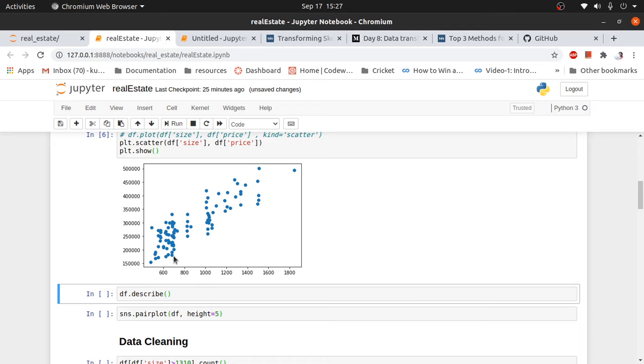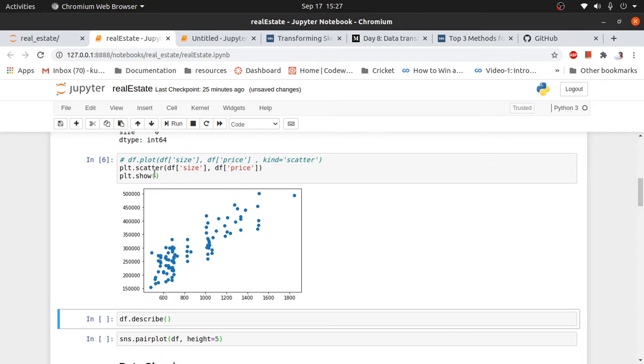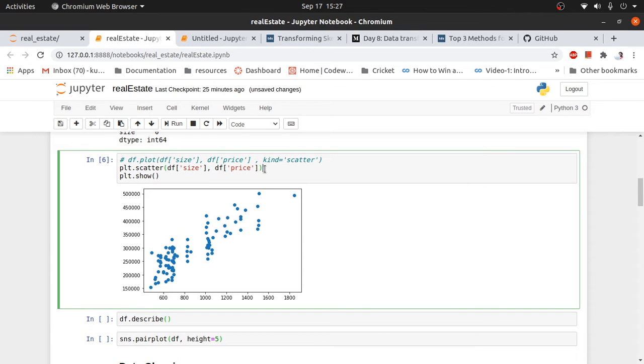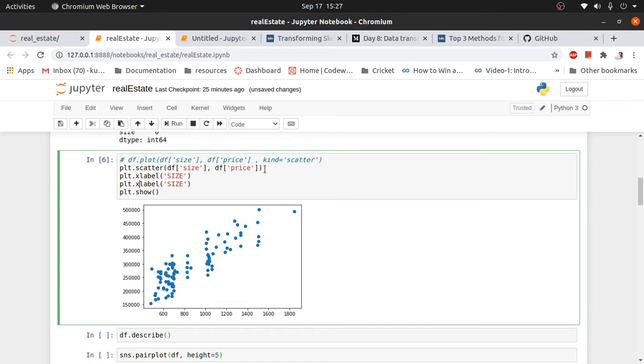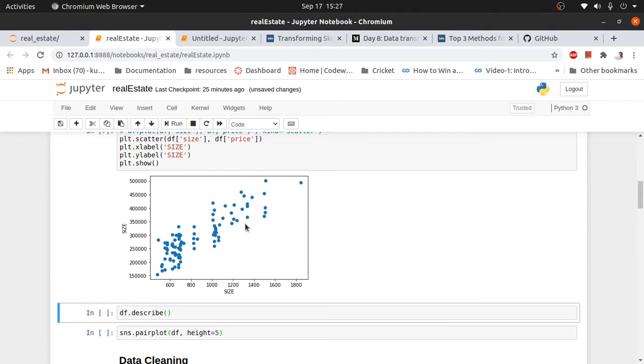These are the data points, plotted with the scatter function of the matplotlib library. We are creating a scatter plot and we can see a trend in our data set as the size is increasing. We can also label it with plt.xlabel. On the x label, size is given, and on the y label, prices are given. We can see a positive linear relationship within the data.